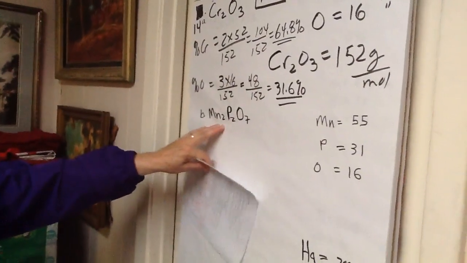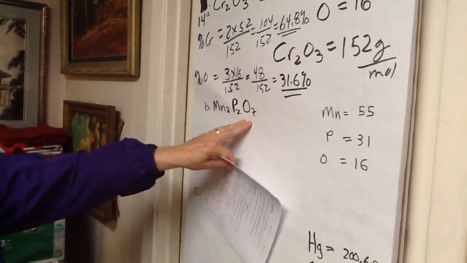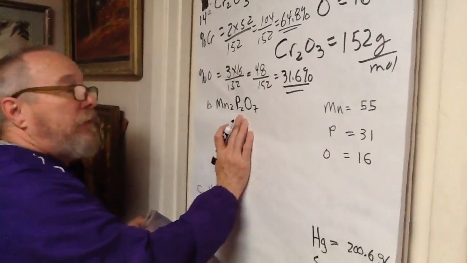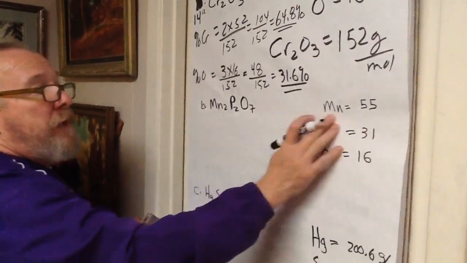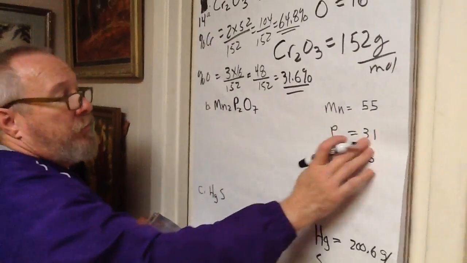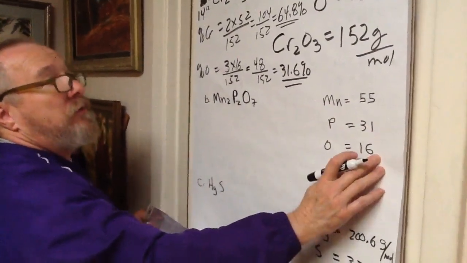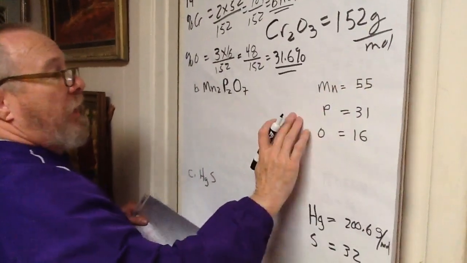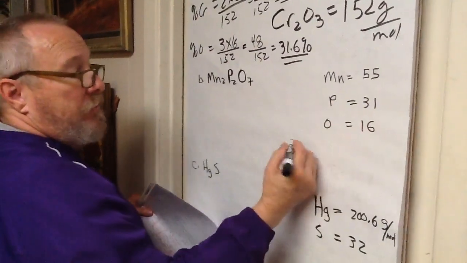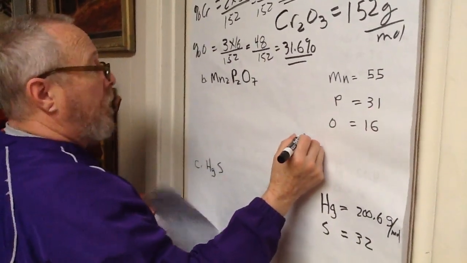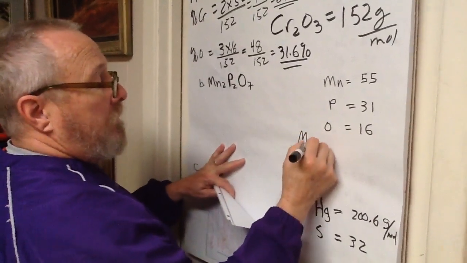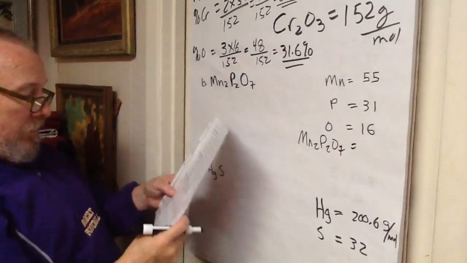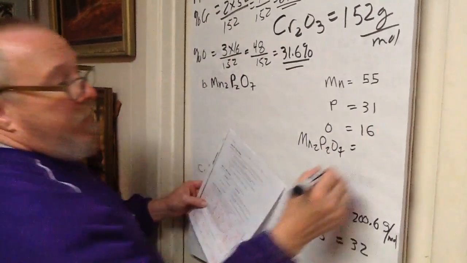The second one asks for this, I don't know what that is. That might be manganese diphosphate, I think is the name of that polyatomic ion. But it's a compound, Mn2P2O7. 2 manganese, 2 phosphoruses, and 7 oxygens. And if you do the math, 2 times 55, 2 times 31, and 7 times 16, your formula weight for this compound, Mn2P2O7, is equal to, and what did I do? 284